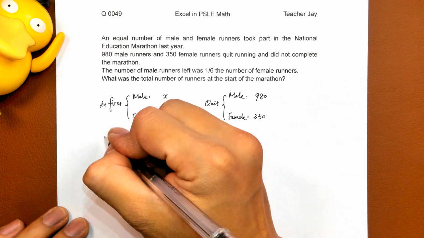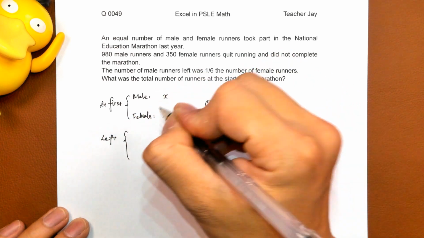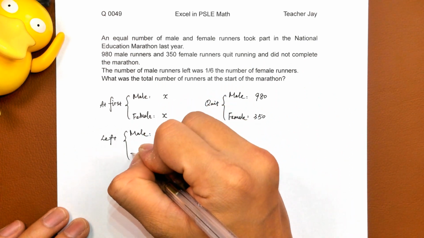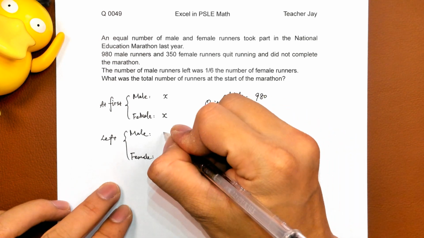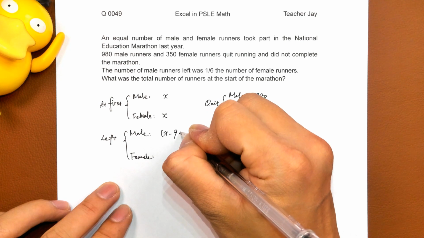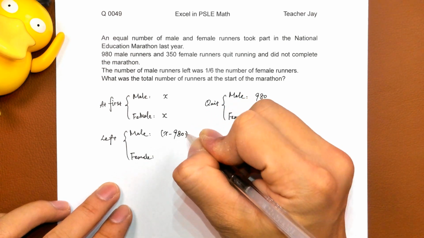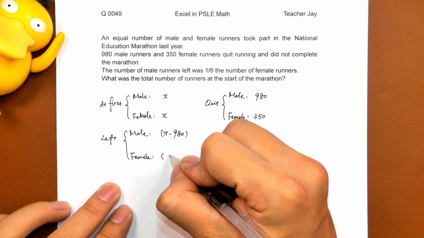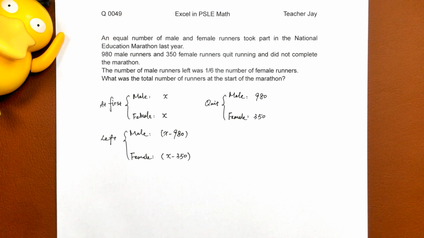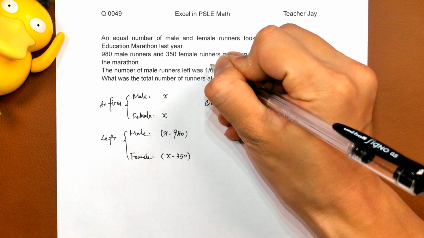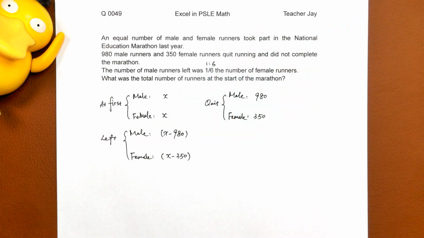And left, male and female, x minus 980 and female x minus 350。最后他说这两个东西的比例是 1/6。所以说其实你可以知道这个 ratio 是1:6。The ratio of the number of male runners left to the number